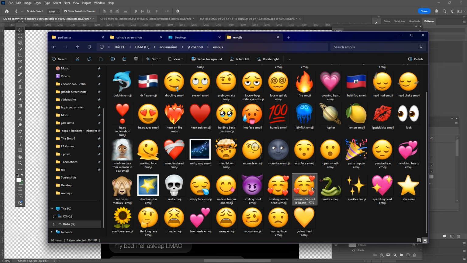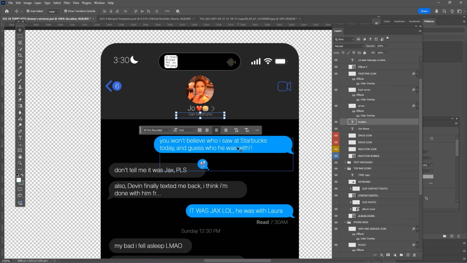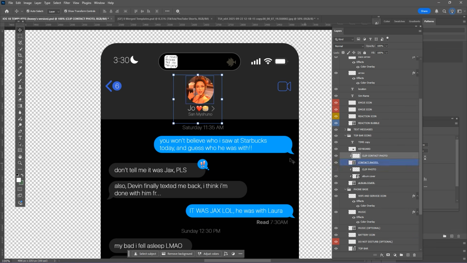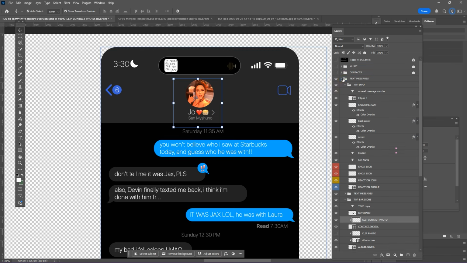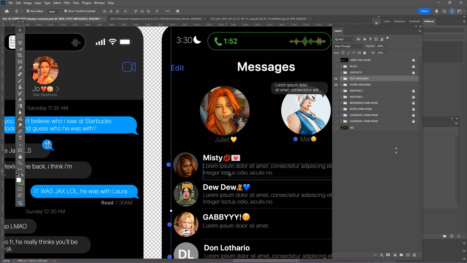Oh, I already saved it. Well, now we have two. You just drag it in there and then resize it down. And you might even need it for like a text message. And, you know, we just slide that in there. Or, of course, for one of these. So that's cool. I'm not going to show you how to do that. Same thing. You change the profile photo by doing the same thing. But if you don't want to do a profile photo, what you can do here is go over here and